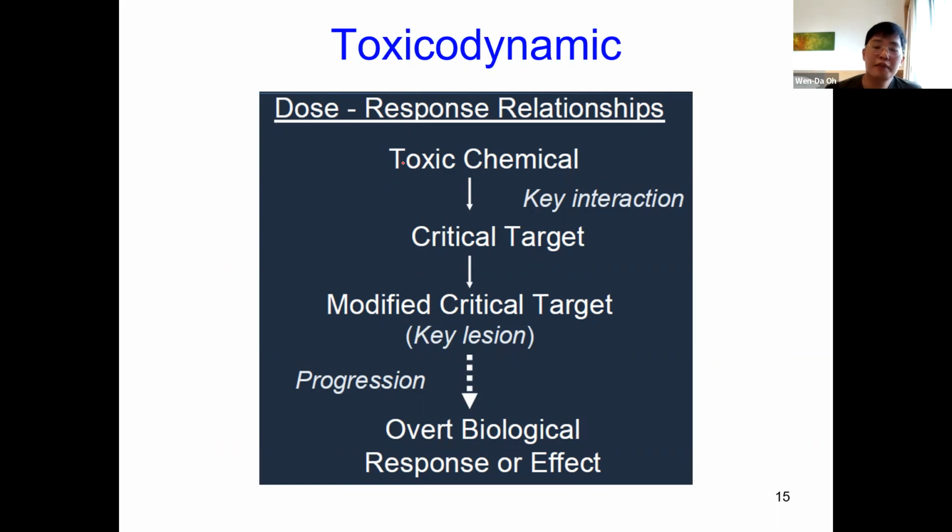And then for toxicodynamics, we have dose response relationship. Toxicodynamics is concerning the ill effect. It's more on the ill effect of that particular toxicant. So you start off with the toxic chemicals, and then after that, you're going to look at the interaction with the target organ. The target organ itself has a lot of receptors. We're going to look at which receptors are most likely to bind with your toxic chemicals. And then we also look into how that particular target organ is changed,